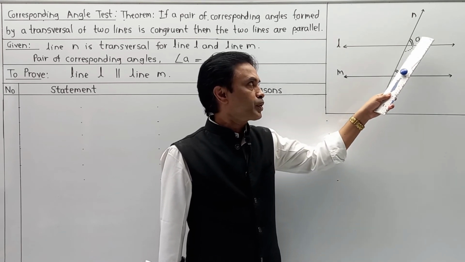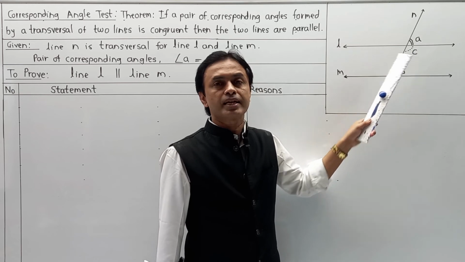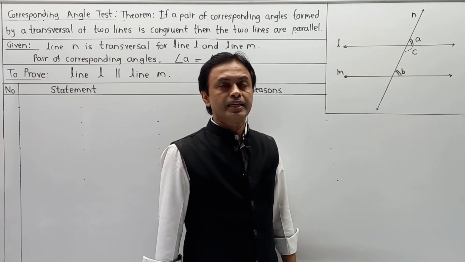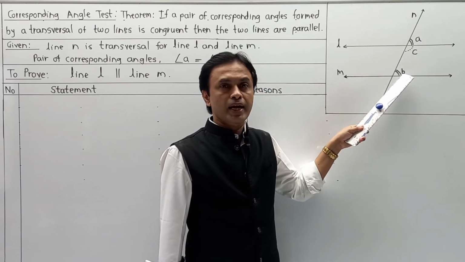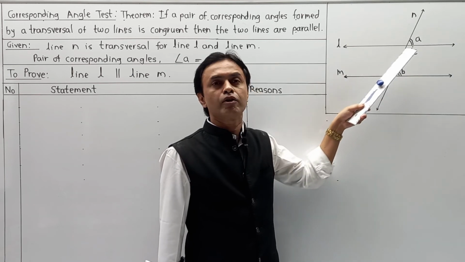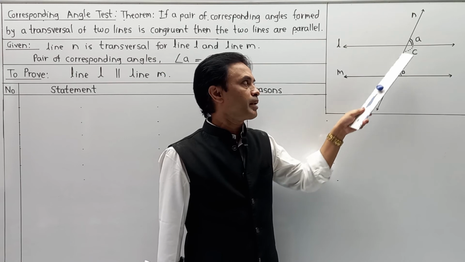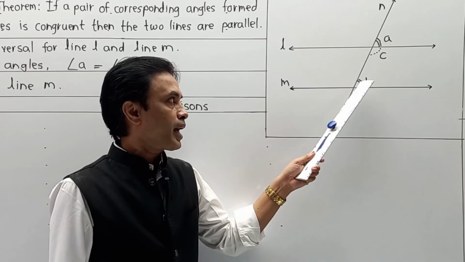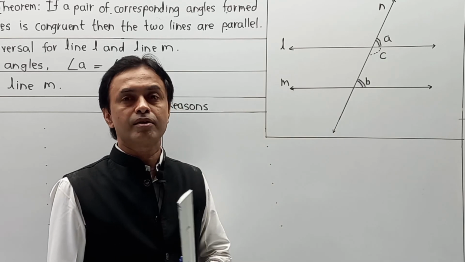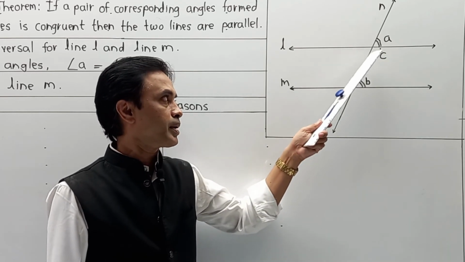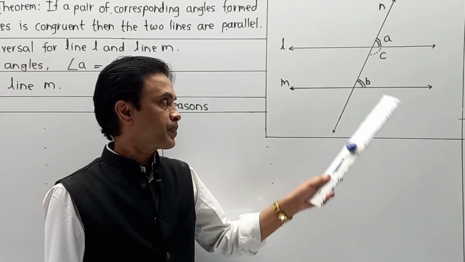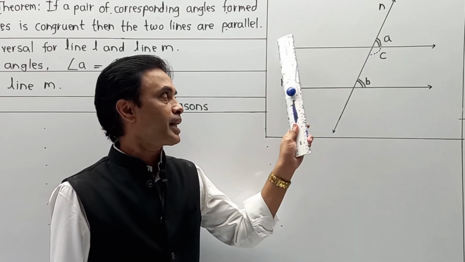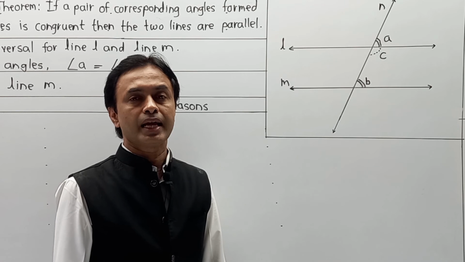Moving to the next part, we know that angle A plus angle C is equal to 180 degrees. Reason: it is nothing but a linear pair. Next, as they have given angle A equal to angle B, I am going to remove angle A and put the value of angle B there. Then the equation becomes angle B plus angle C is equal to 180. As angle B plus angle C is equal to 180, the angles become supplementary to each other, and this is nothing but a pair of interior angles. If a pair of interior angles is supplementary, naturally the respective lines, line L and M, are parallel, and in this way we complete the proof.